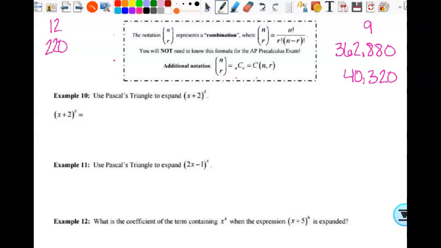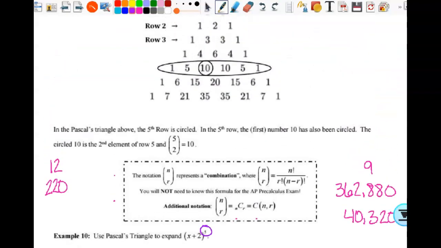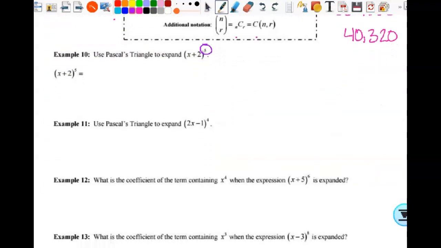Yes, you could do it another way, whatever. You do what you want, but I'm just trying to give you the best way to make sure that you can do it correctly every time. So if I want to use Pascal's triangle to expand (x + 2)^5, I'm going to go up here and look at this 5th row right here. And I know it's the 5th row because it has a 5 right there, right? And because I don't want to have to scroll back and forth, I'm going to write down right here what those numbers are. It was 1, 5, 10,